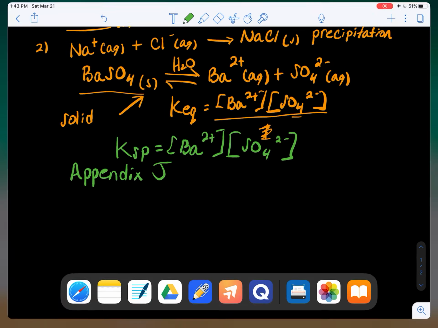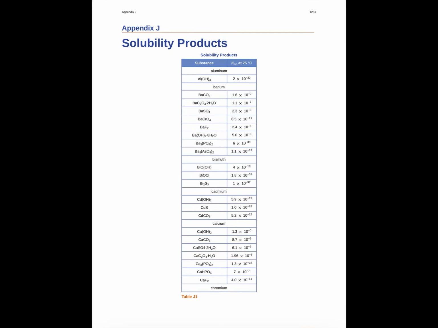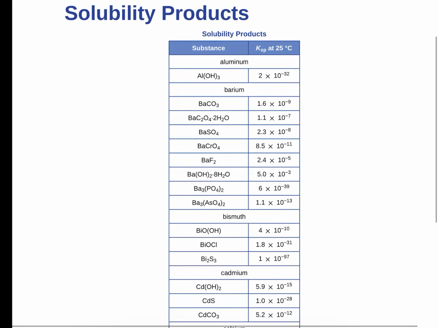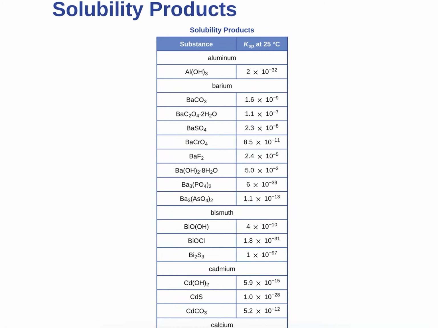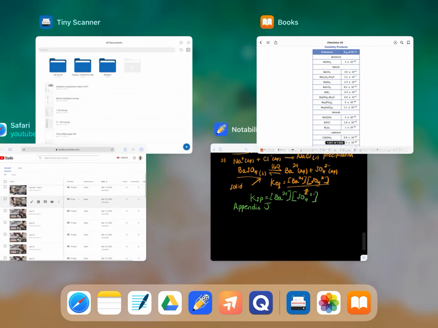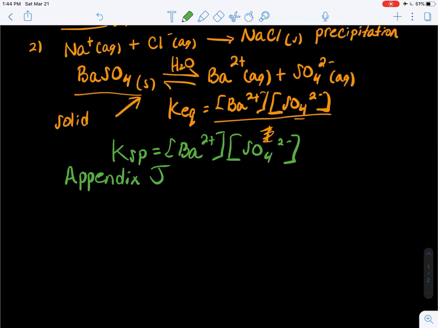And if we do that now here, Appendix J, it's abbreviated, let me zoom in a little bit here. It's alphabetized. So first it's alphabetized by the metal. So barium sulfate has a KSP of 2.3 times 10 to the negative 8. Okay, 2.3 times 10 to the negative 8. So this value here